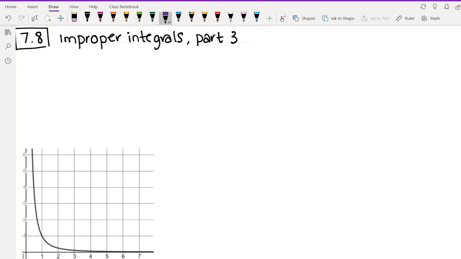So in this video, we're going to continue to talk about improper integrals, and we'll basically say that there's a different type of improper integral that's a little bit different from the ones that we saw in the past couple of videos. So in the previous videos,